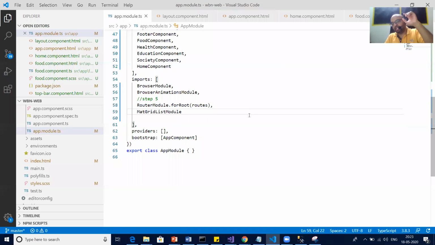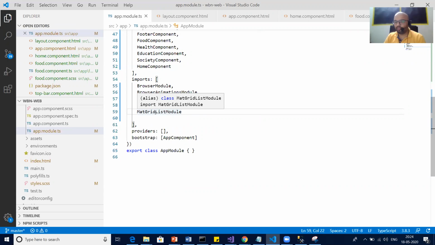Now this third party module, please pay attention. This third party module, mat grid list module, has all the functionality related to grid, correct? Responsive grid or Angular material grid is now there with app module, means it is hooked now.